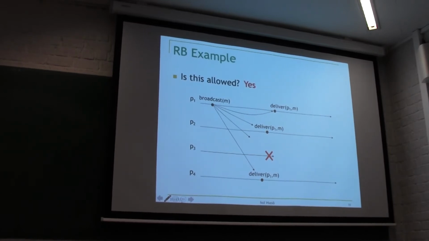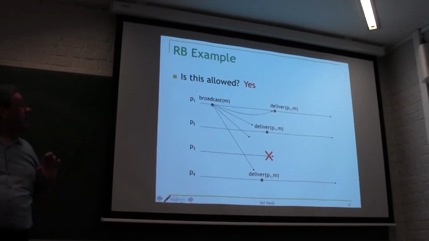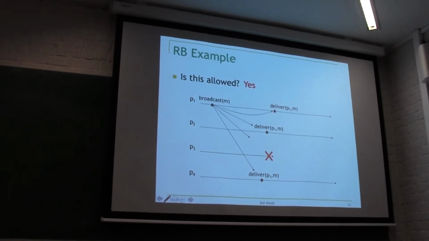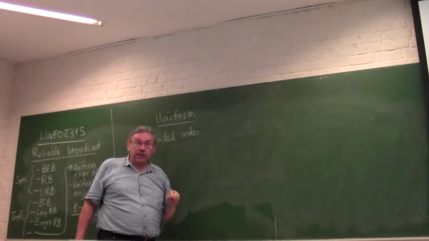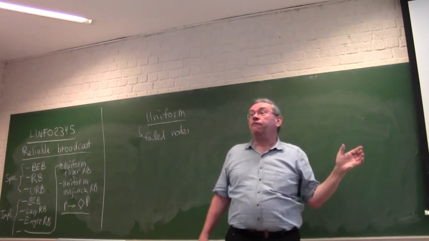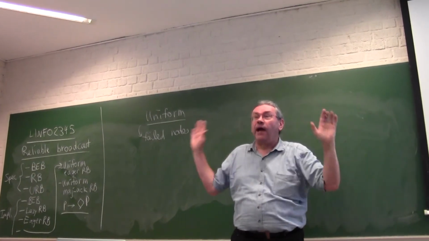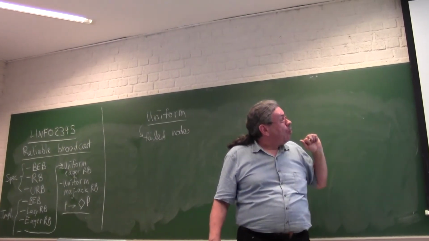Now, once you've got this in your minds, I want to make it even stronger. Now I'm going to talk about this version, uniform. There are many distributed algorithms that have a regular version and a uniform version. Uniform means I worry about failed nodes. So what does that mean exactly? You know that regular reliable broadcast doesn't worry about failed nodes. The node fails, I don't care, it doesn't count. But the uniform will worry.